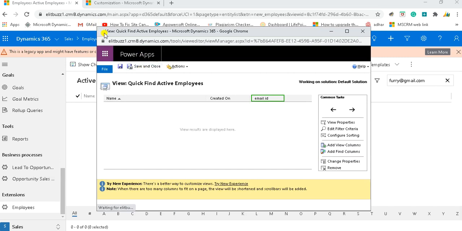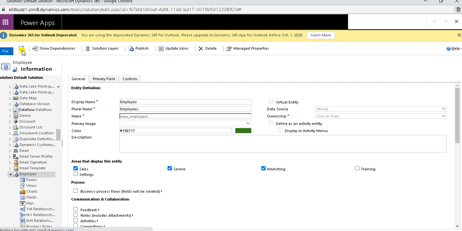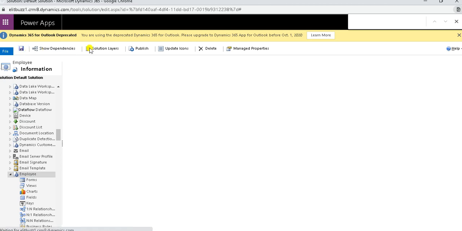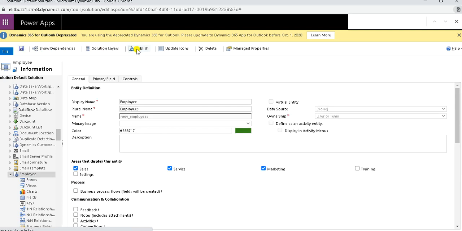It is saving as of now. I need to save and publish my entity so that any changes done to my entity or entity components are published and saved without any fail.